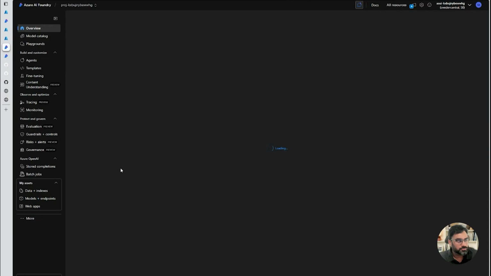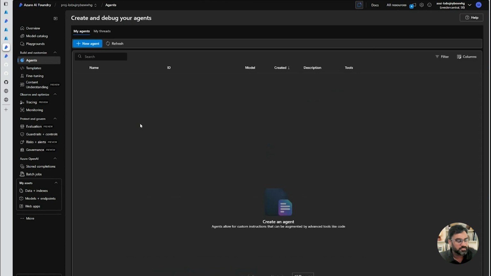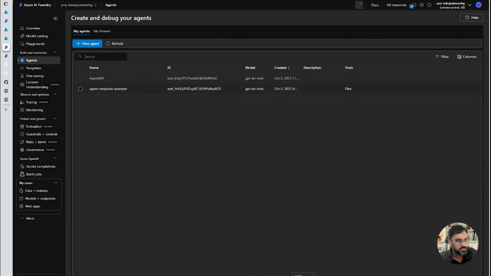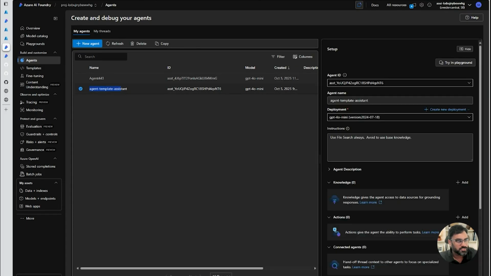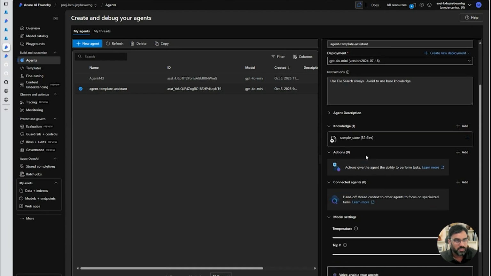That will take you to the deployment. If you go to agents here, you'll see the agent that we deployed, which is this agent template assistant. Here you'll also see all this information. This is the sample store of 32 files we have provided for these agents to look at and respond from.